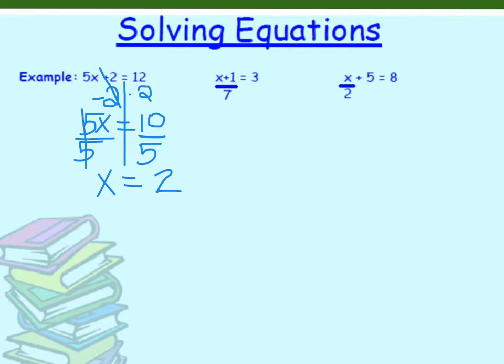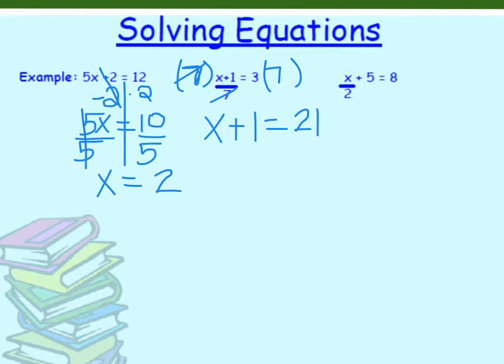All right, example 2. I see that the x plus 1 is immediately touching it, but the 7 is being divided on the bottom. So we can start there, and we're going to do the opposite. Instead of dividing by 7, we're going to multiply both sides by 7. They have a common factor, so those cancel out, leaving you with x plus 1 equals 3 times 7,